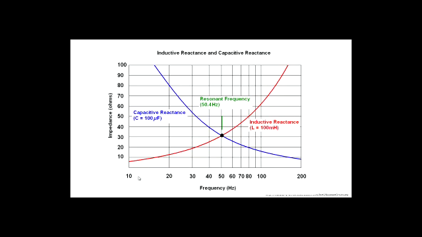Okay, so what do we have here on this graph? Over here, we have the frequencies. Here's a low frequency. Here, the frequency gets higher. So let's say this is 10 hertz, this is 200 hertz. And over here, we have the impedance, or you can just substitute this thing with a reactance on this y-axis here. Okay. So let's say here the inductive reactance, as the frequency increases, as we talked about, the more frequency